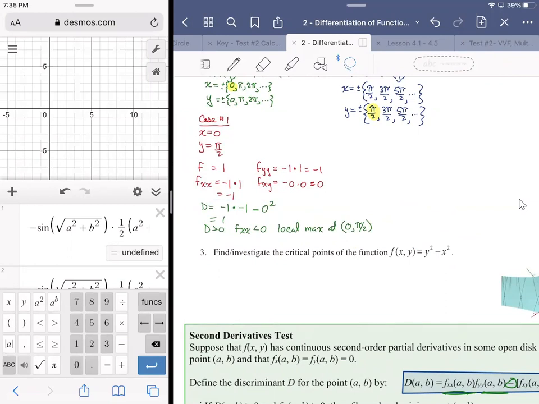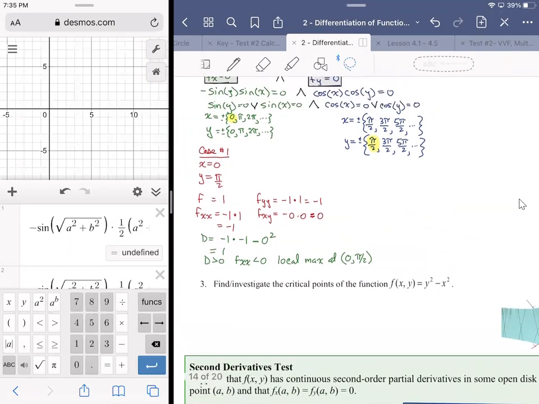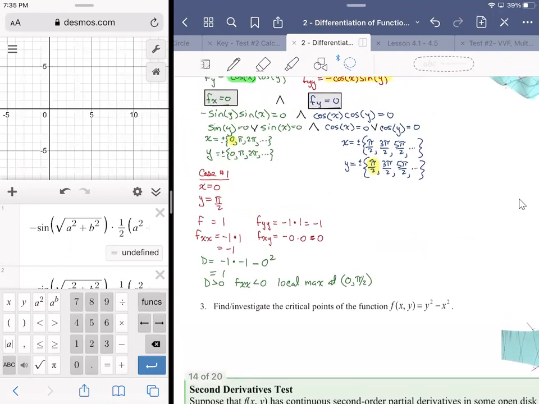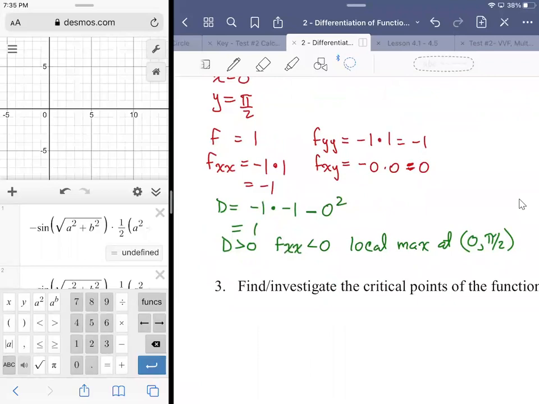Now that we know that something from this group of X values, the ones I highlighted, 0, pi, 2 pi, and so on, and something from the group of Y's in my second category, led to a local max, we might say that for the max anyway,